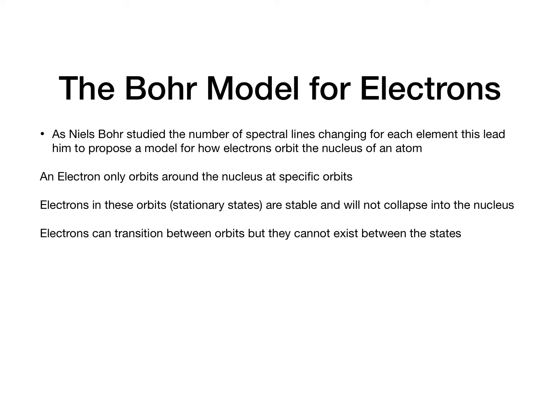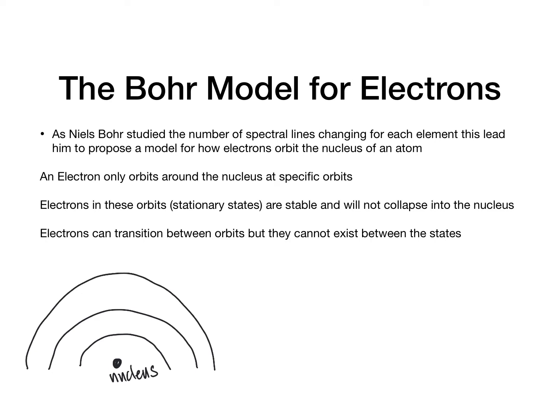So this led to the Bohr model for electrons. Niels Bohr studied the number of lines for each atom or each element. He stated that an electron only orbits the nucleus at specific orbits. Electrons in these orbits, or stationary states, are stable and do not collapse into the nucleus. So he's saying, if we have the nucleus here, if we have several states,